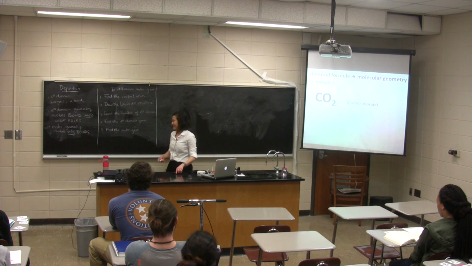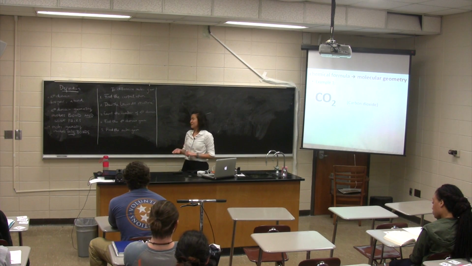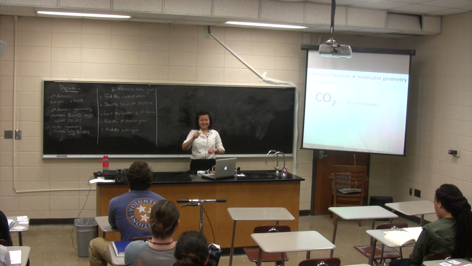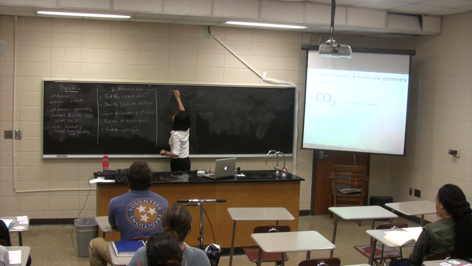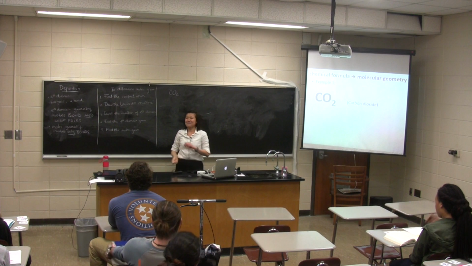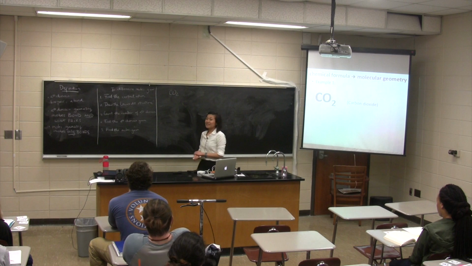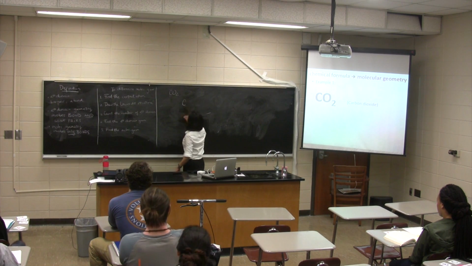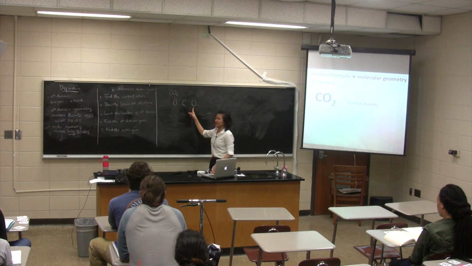Carbon dioxide. So I show up here basically a step-by-step way to determine the molecular geometry from a formula. So, Jordan, you told me your name first, so you can go first. So carbon dioxide, tell me, what do you think is the central atom of this molecule? It's probably carbon. It is carbon. So, carbon is in the center, and then you have two oxygen on the side.